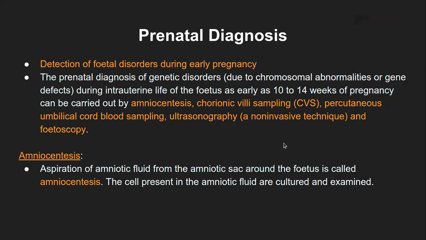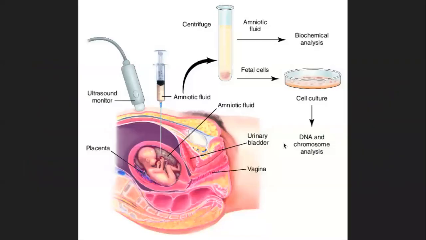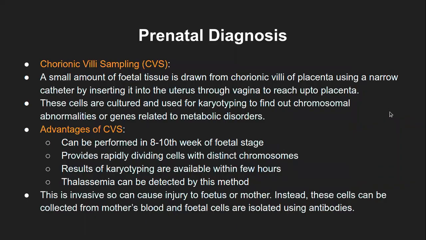amniocentesis, right? So that is taking out the fluid from the amniotic cavity, like it is shown in this diagram, and then you analyze those particular cells either for biochemical analysis, that is metabolic disorders, or for certain genetic abnormalities, that is your DNA or chromosomal analysis, and then based on that you decide what is the particular disease or disorder, if at all it is present with this particular baby. So that is the amniocentesis, and the second one that we are going to start today, that is called